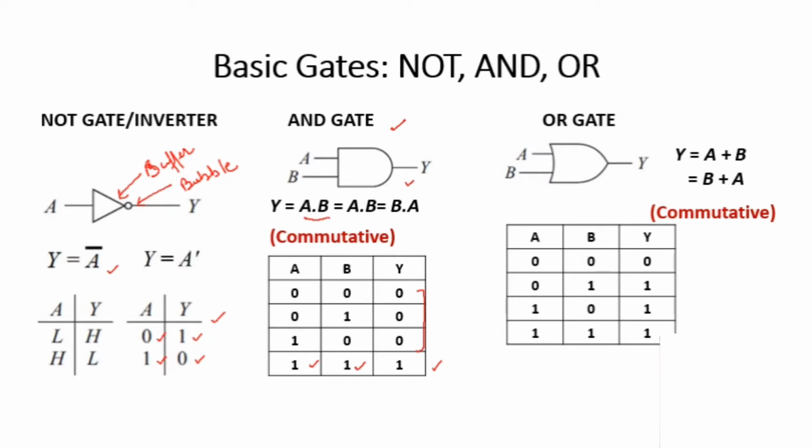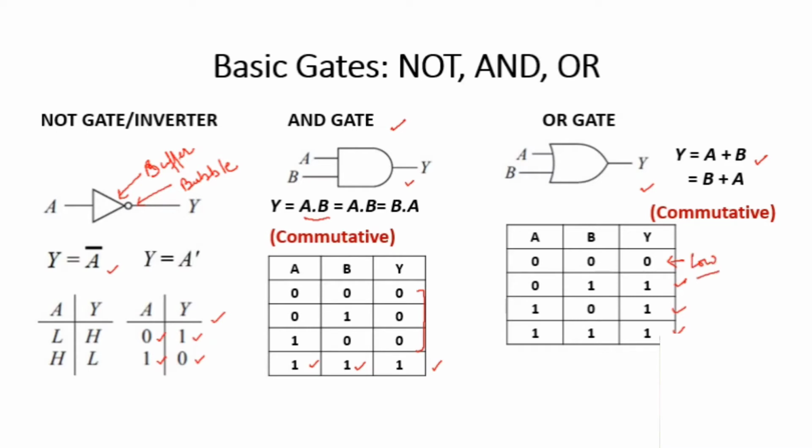And now coming to the third gate, the OR gate. This OR gate is represented by this symbol, and the expression for the OR gate is A plus B. That means logical OR. That means to get the high output, either A or B, any one of them should be high. Even if one of the inputs is high, I will get my output as high. So in these three cases, either A or B or both are high, so I'm getting the output high. And in this first case, both A and B are 0, so I'm getting a low output.